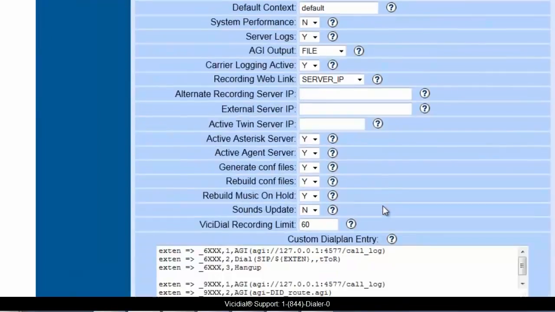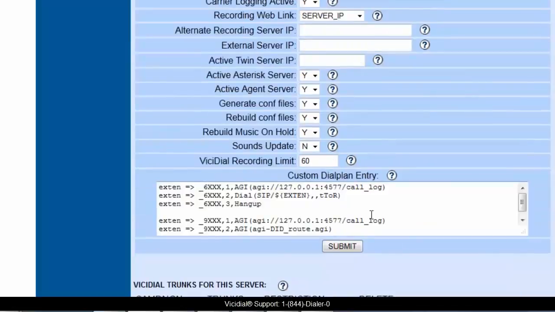And it also allows you to, if you're having issues with the music on hold that you just uploaded a new file and it doesn't work properly, sometimes you have to just rebuild it and do an update on the sounds. Also here you can add custom dial plan, and you can set your VCDAO recording limit, which means that if you have expecting long calls, the default setting is 1 hour that will record the call. After 1 hour cut off, you can set it for 2 hours, 3 hours, whatever you need to. Okay, and we looked at the system settings.